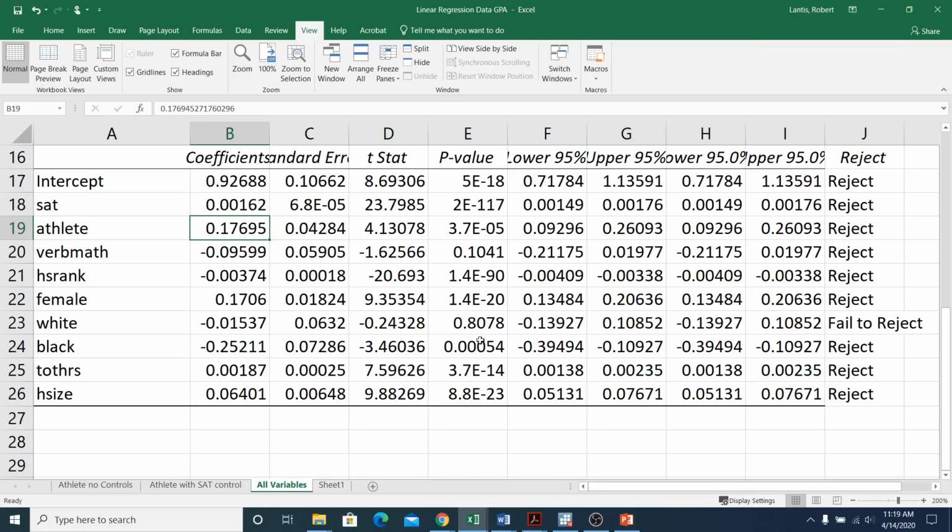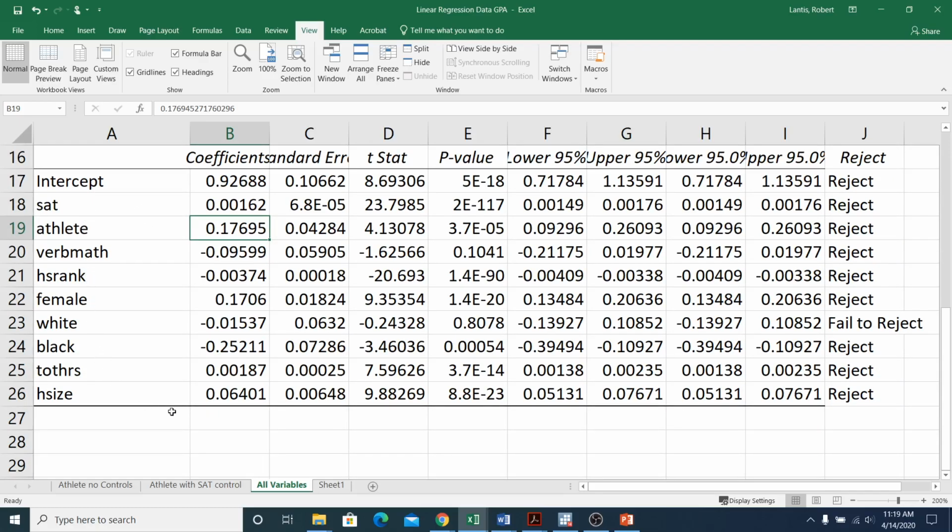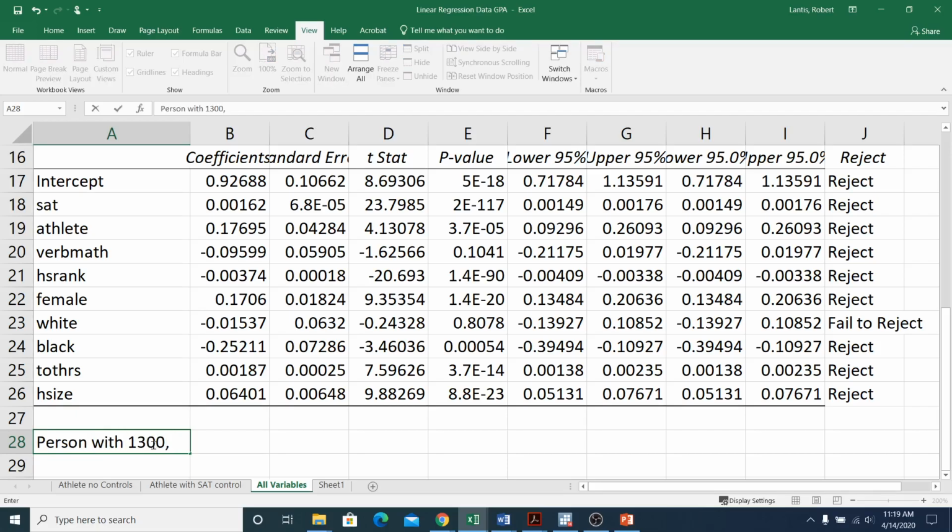Okay. The third and final thing I wanted to do here was, let's say we wanted to make a prediction about what someone's GPA would be. And let's say I told you all this information about them, right? They have an incoming SAT score of 1200, they are not a student athlete, and so on. So let's write this out, and then I'll show you. Let's think of a person with a 1300 SAT score. They're not an athlete, a verbal math score, and I think that was on a scale of 0 to 1 if I remember right. So let's say, I don't know, verbal math score of 0.5,